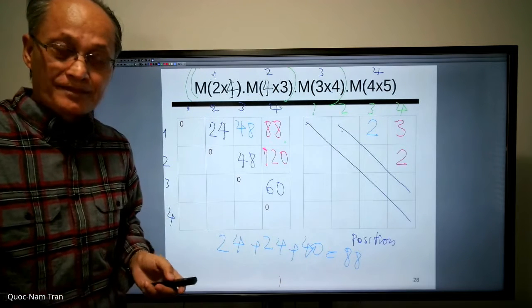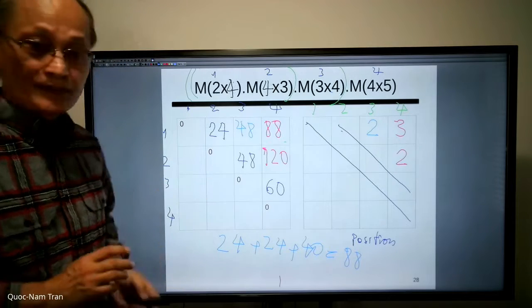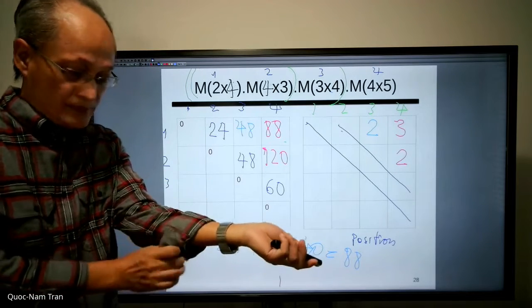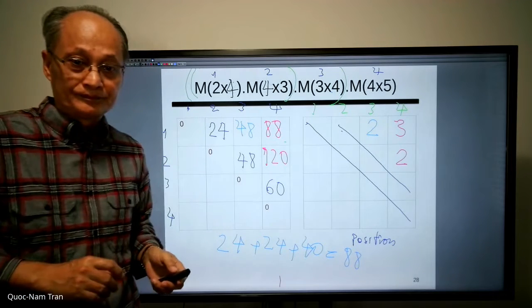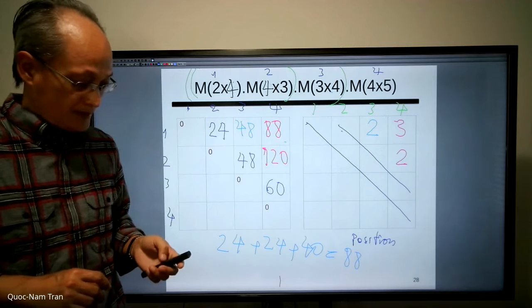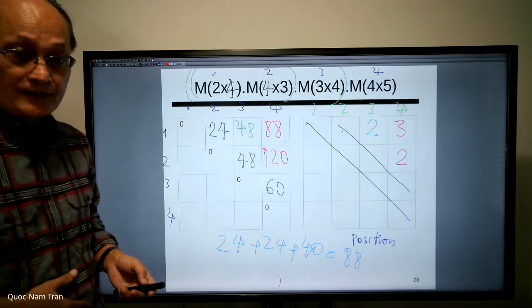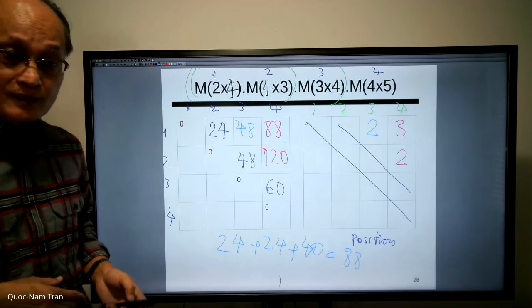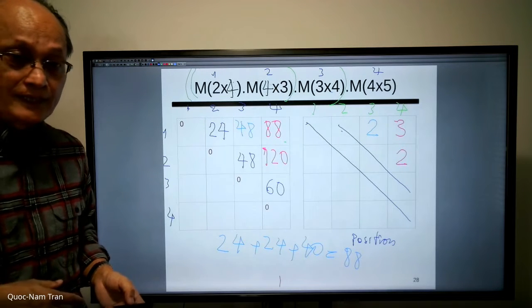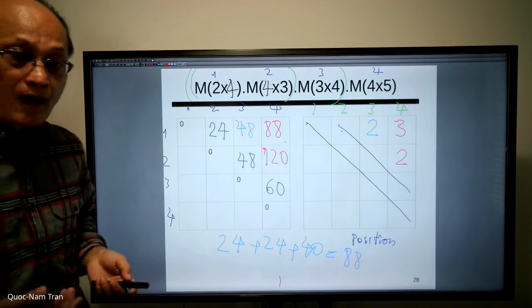Is it clear? Any question about the algorithm we have? All right, very good. So that is what we have for matrix multiplication, right? Actually, multiplication of